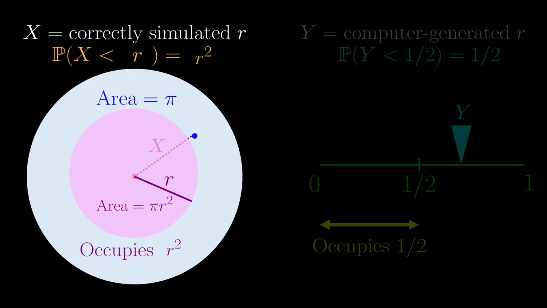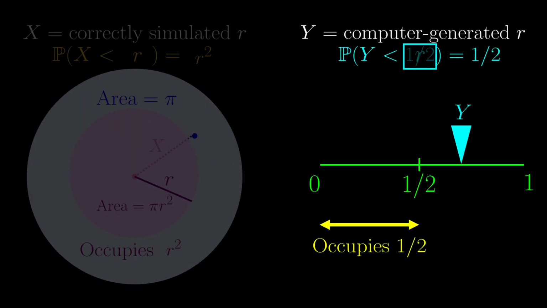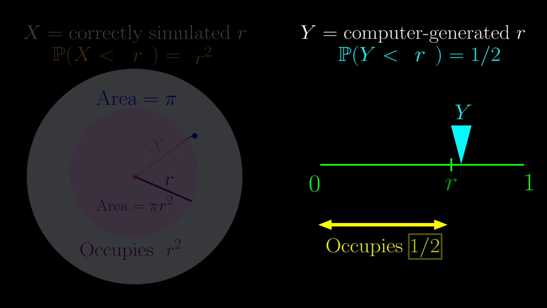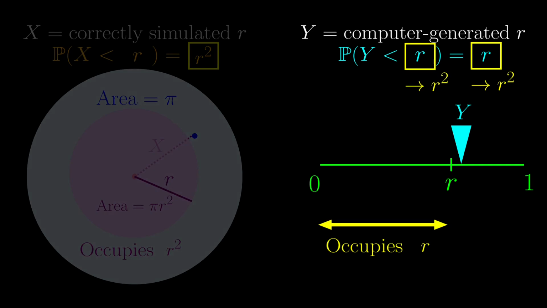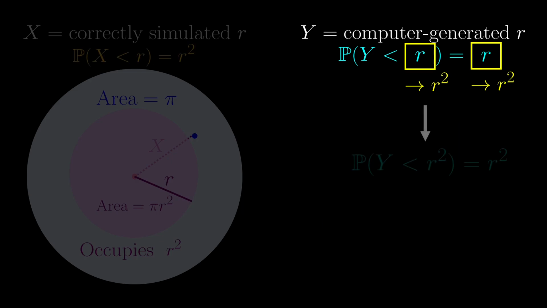And if we again consider the same probability but for y, it will be the proportion of the smaller interval, which is simply r. Here, r can be anything really, so as long as we put the same numbers here, this equality still holds. We want this probability to be r squared because it will then match the probability for x. To do that, we can simply change this r to be r squared so that we have the same numbers in the two boxes. So now we have this equality.